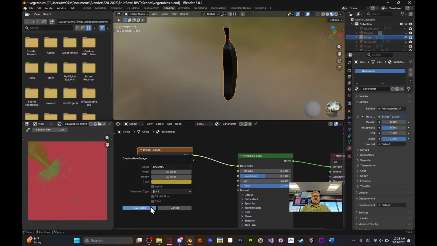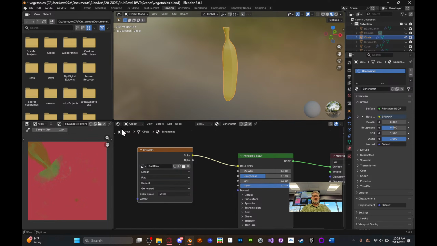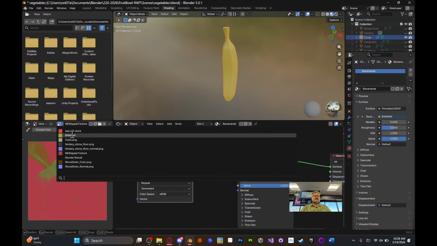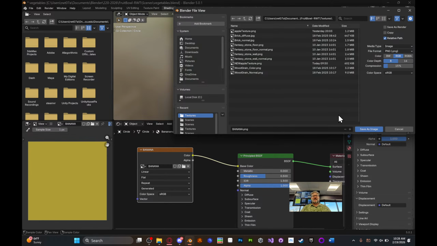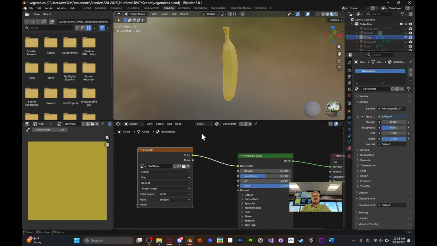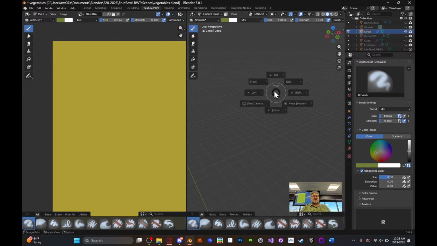Oh no, I accidentally added it. I added in a third so Banana. Yeah, banana. There it is. Okay, I'll save this into my textures folder. And now we're all set up, and we can go back and just start painting bananas,